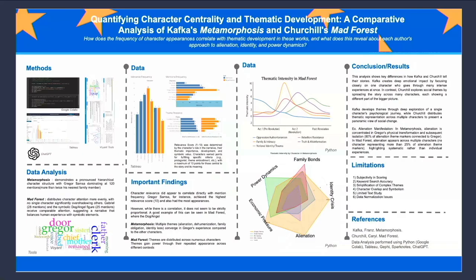The next one is an example of them using, I know maybe if you've read these texts, you're like, why would he teach high school students Metamorphosis and Mad Forest about the Romanian Revolution? But they enjoyed it, and they were able to play around with it. And again, the visualization that they created would rival, I'm going to say this honestly, the products that my NC State students, some of them graduate students, have created. So I was really proud of the work they did. Again, showing how data science and humanities don't have to be completely siloed.